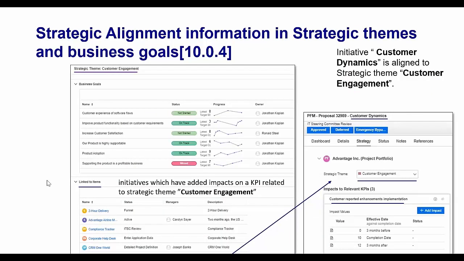Now let's talk about the strategic alignment information in the strategic and business goals tab. So if you see, the strategic theme is customer engagement, and then there is a business goal, and the bottom part is the link to the items. So what it shows is, it lists all the entities or the initiatives which have added impacts on a KPI related to the strategic theme customer engagement. So suppose if you see this epic here on the right hand side, or the PFM proposal,